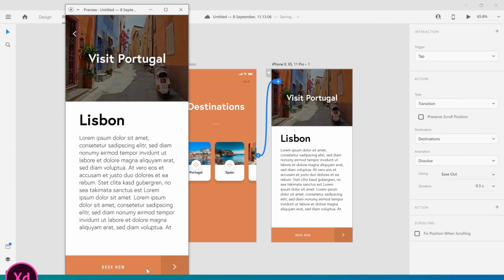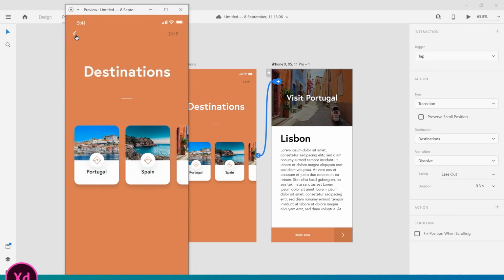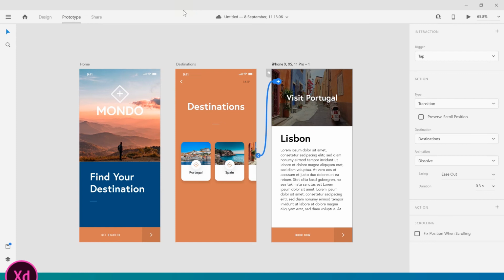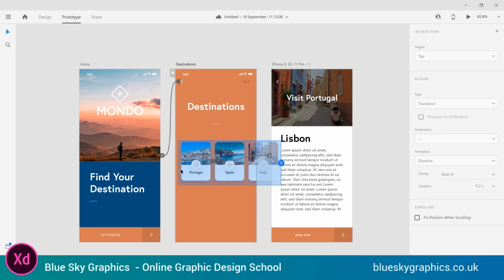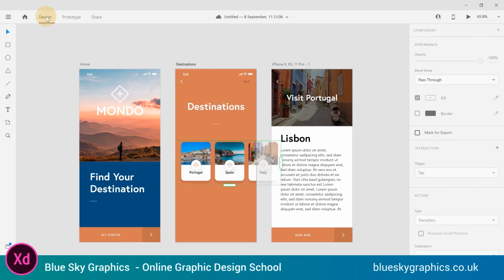And of course, we need some more screens. Book now, payment. Let's exit the preview mode. Now I want to be able to scroll through the destination. So I will go back to the design,